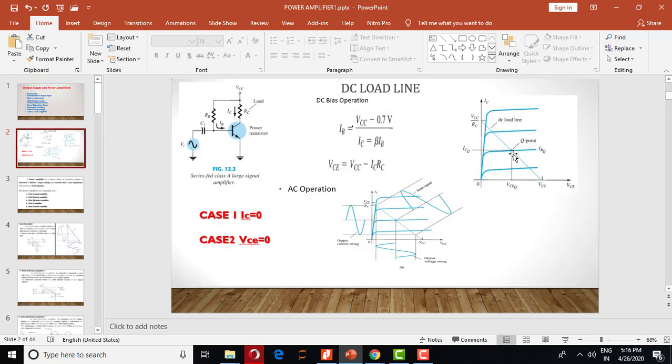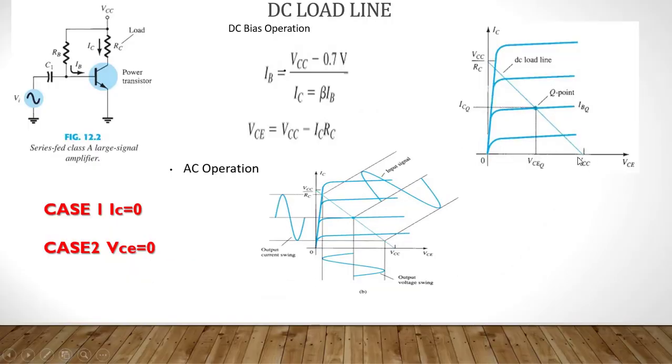If the load line is in the middle, it is called class A. If it is at the 0 point, it is class B. If it is between A and B, it is AB. If it is below the x-axis or negative, it is C. And we always remember, we will get one cycle from 0 to this. This is one peak, this is another peak. We have to draw always according to that.